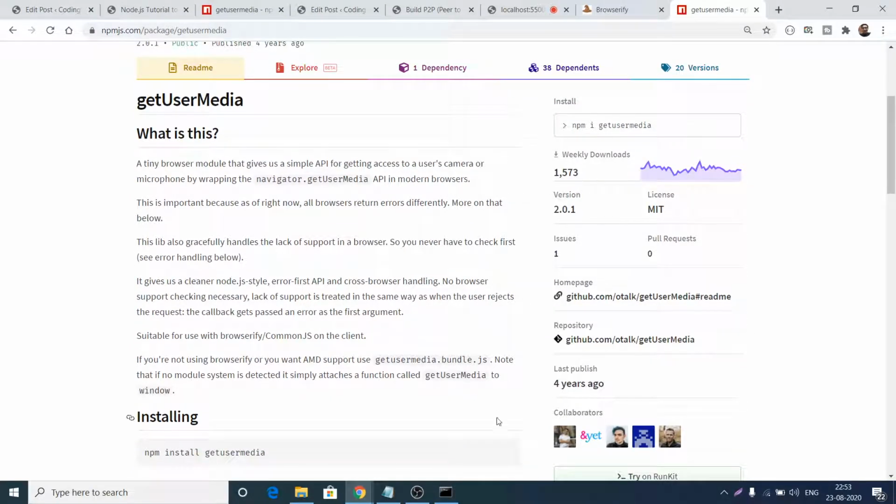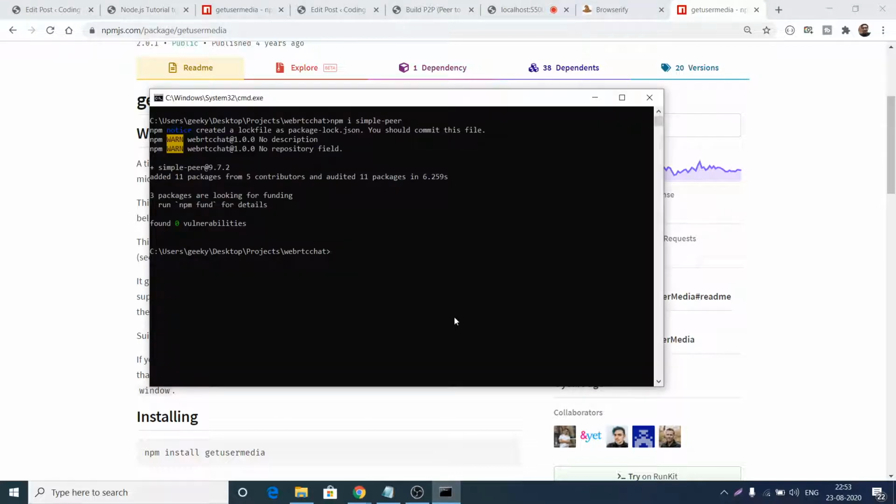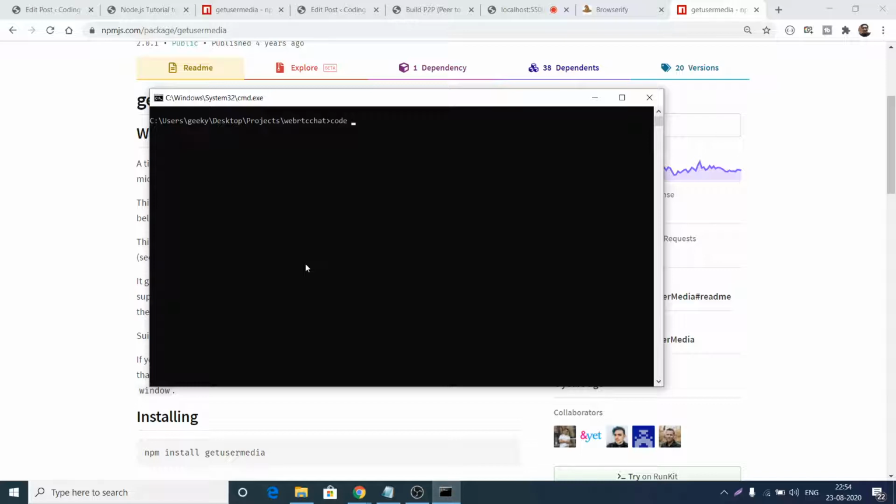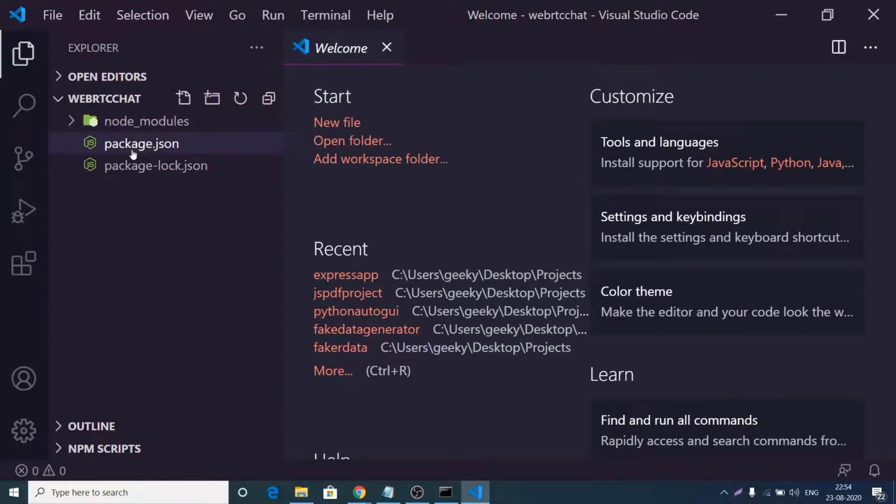It has got 1500 downloads. So I can just type npm i get-user-media, enter it, and it will install this dependency inside your package.json file. Just wait, it is installing it. And apart from that, we don't need any sort of dependency. You can open this inside your Visual Studio Code text editor, and after this you will find your root directory being populated by a single file, which is package.json, and also node_modules. If you go to the package.json, you will find inside your dependency section these two dependencies, get-user-media